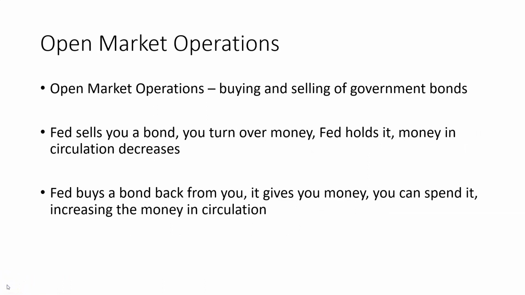The final tool that the Fed has available to conduct monetary policy is open market operations. Open market operations is the buying and selling of government bonds. Now remember what a bond is. A bond is simply an IOU. So when you buy a government bond, all you're doing is lending the government money. Right? So if the Fed decides that they want to sell bonds,